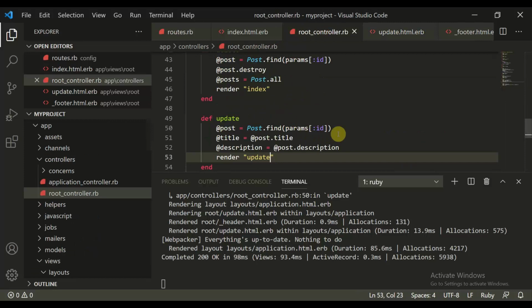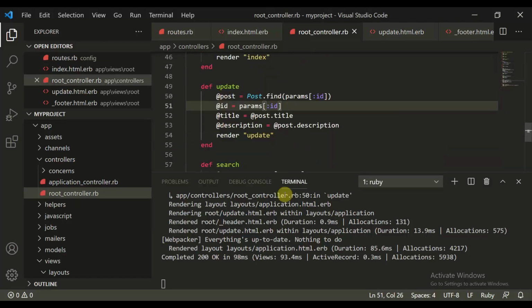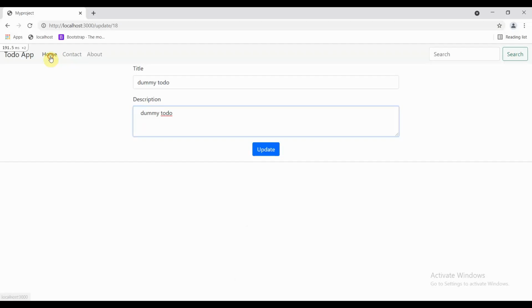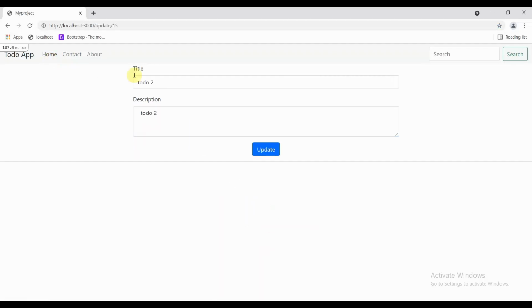So let's go here and we'll define @id, it is equal to params of id. So simply we can do this, and then let's again make a request. We have the home page, let's click on update and inspect element.